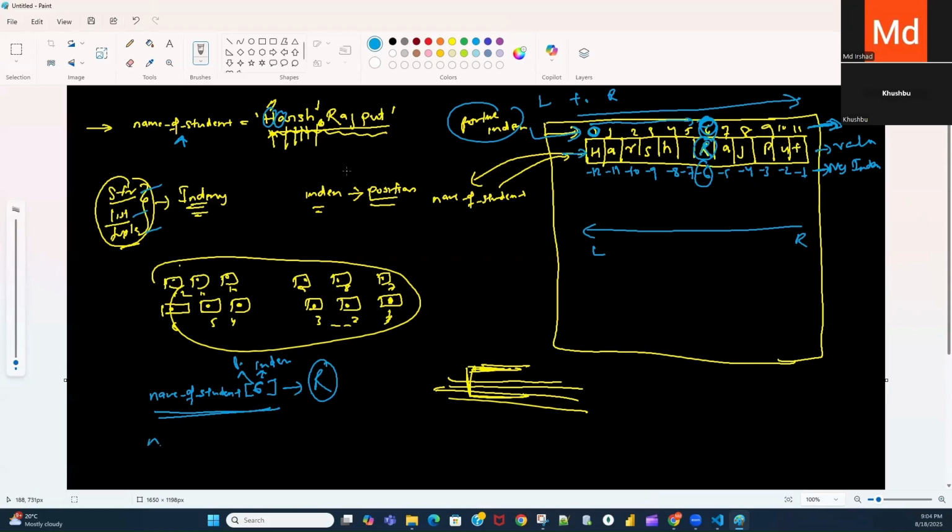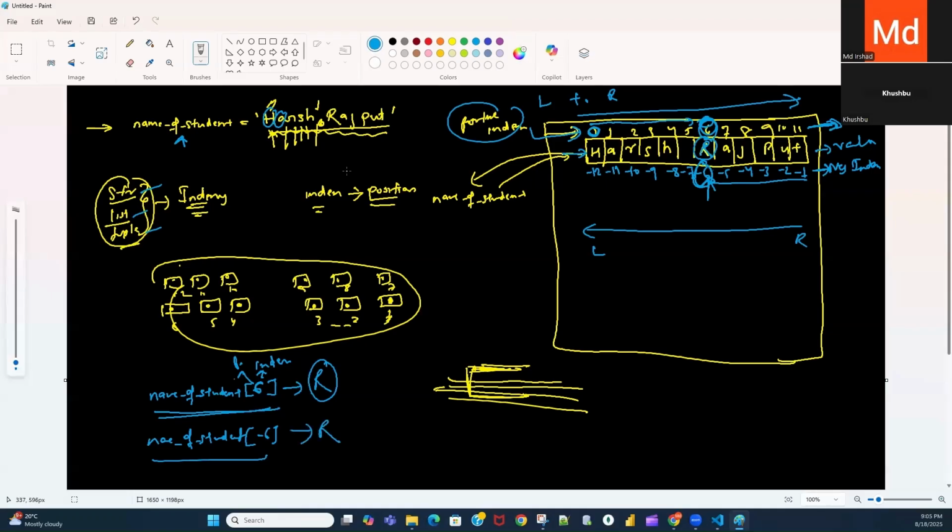So if I give name of a student and pass -6, this Python code will see that this is -6, that means I need to go in the backward direction, right to left, because this is the negative index. So it will search from -1, it will go like this and find that here -6 is there. So at -6 which character is there? R. It will give you the R.